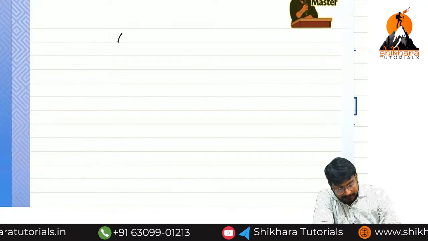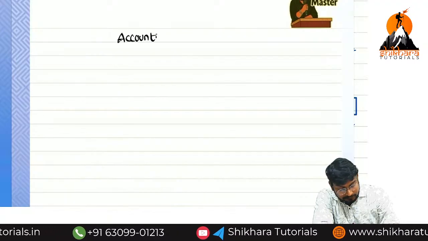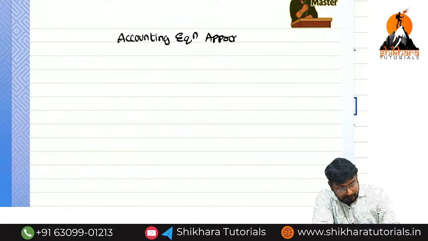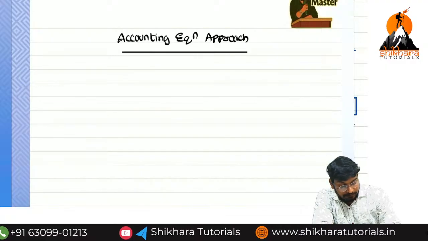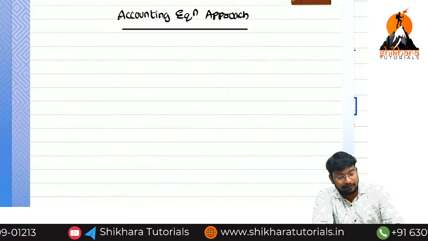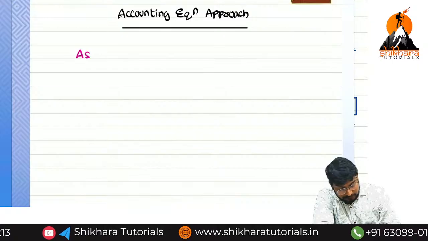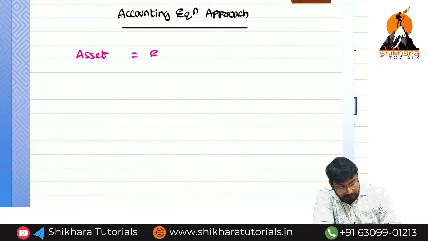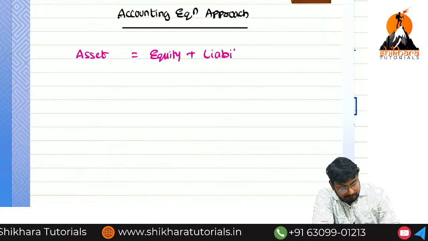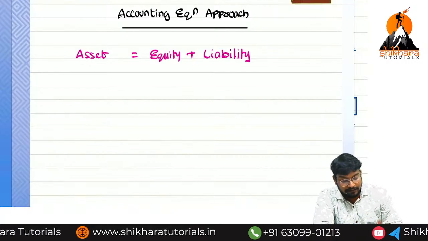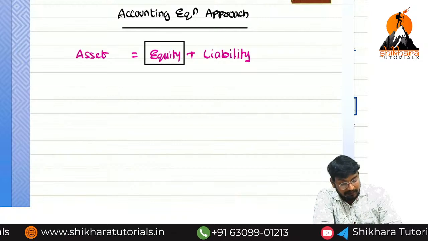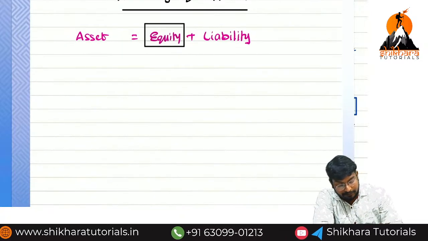What is the next one, ma? Accounting equation approach. Normally, what is the accounting equation, ma? Asset equal to equity plus liabilities. Instead of equity, we can write what, ma? What is the equity formula, sir? Equity means nothing but what, ma? Capital. So from the capital